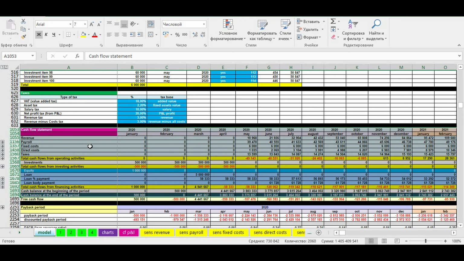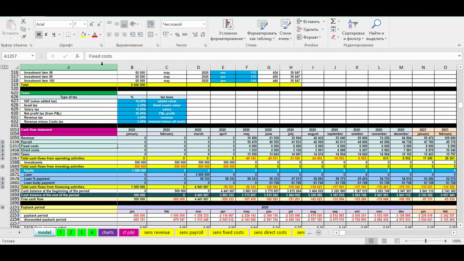Cash flow is the main statement where you see the financial efficiency of your business idea. What valuable information can you get from this table? First, you can see the total revenue, direct and fixed costs, payroll, and taxes. Second, you can see your monthly profit and cumulative cash balance. Third, one of the main things you'll see from cash flow is the total amount of money you need to start